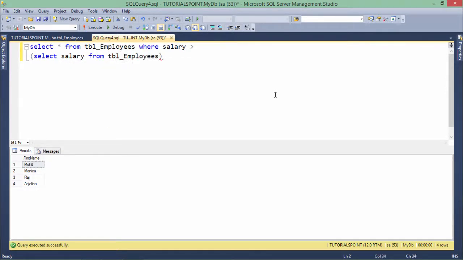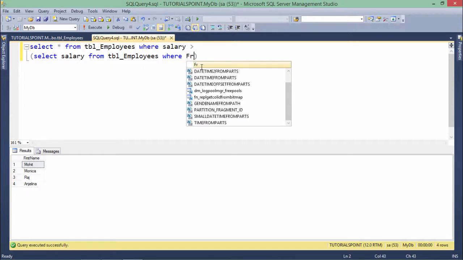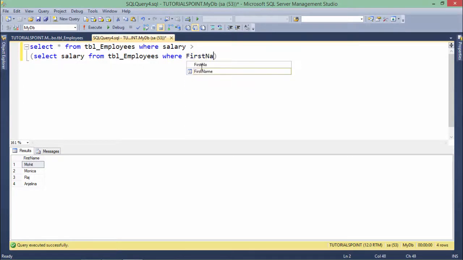Make sure from the subquery you are asking only those things which the outer query requires. As the outer query requires the salary, I will only select salary from TBL employees, where first name is equal to, earlier I have written this name